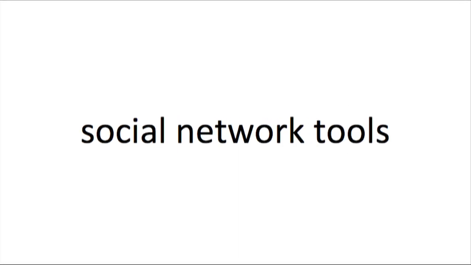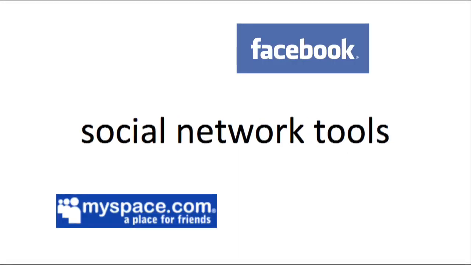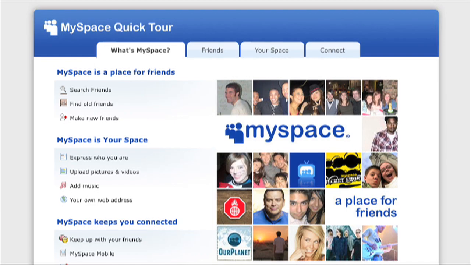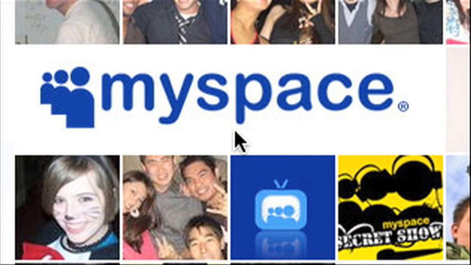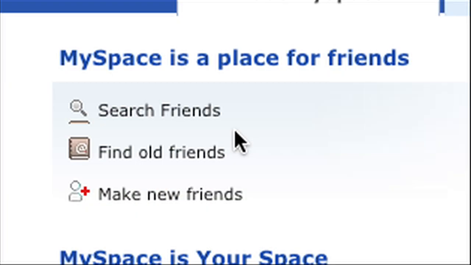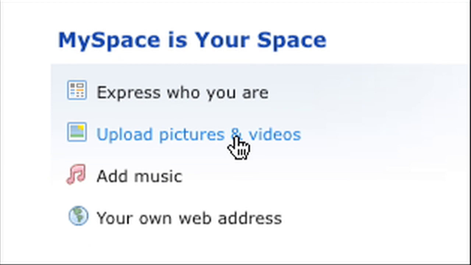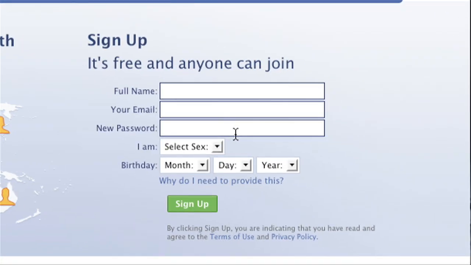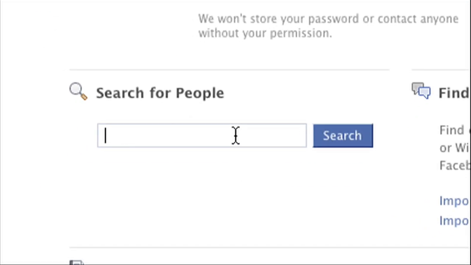The next important step came up with the appearance of social network tools like MySpace, Facebook, LinkedIn or Crossing. Basically, they are designed to help you organizing your personal social network, meaning your friends, colleagues at work or just people you happen to know. You can simply use these platforms to keep in touch with your friends and colleagues or to find again people you lost track of. In your profile, you can let people know who you are and what you are interested